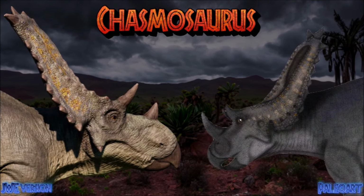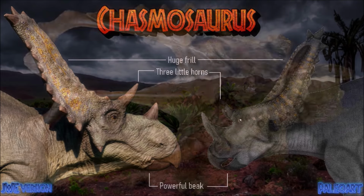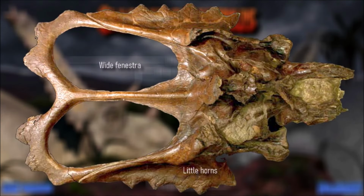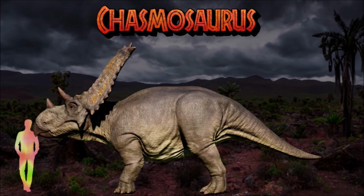In the Jurassic Park franchise, Chasmosaurus is a medium-sized ceratopsid dinosaur known for its elongated frill and relatively short horns. Each is quite realistic. In real life, it lived during the late Cretaceous in what is now North America, specifically in the region that was once the eastern coast of Laramidia. The two main species, Chasmosaurus belli and Chasmosaurus russelli, differed primarily in frill and horn shape, with russelli having slightly